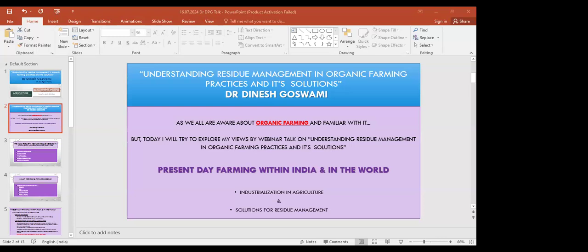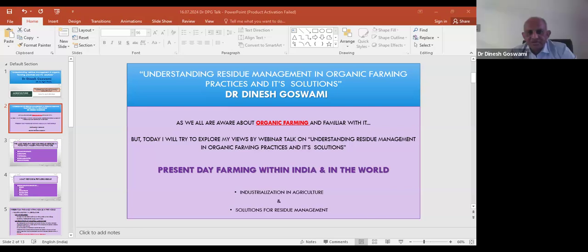What are some common methods used for residue management in organic farming? Yes,